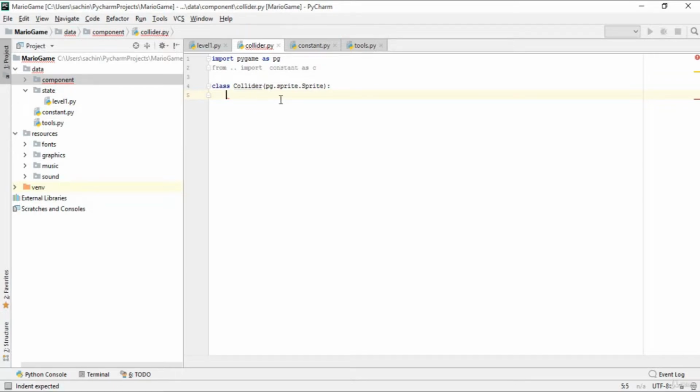So this is basically for the collision. For that I'll first define this initializer, and inside this initializer we'll just pass parameters as x, y, that is the current position of our player, width, and height. And basically this x and y can be any of the colliders, that can be pipes, that can be